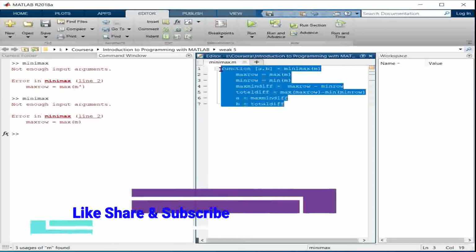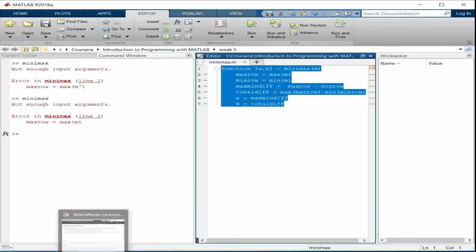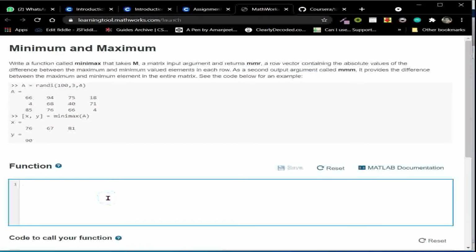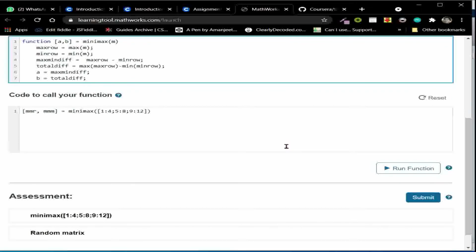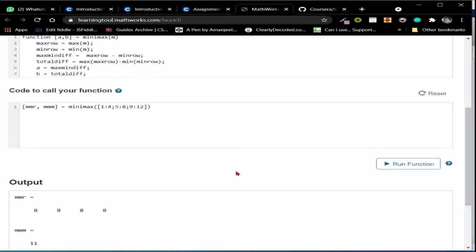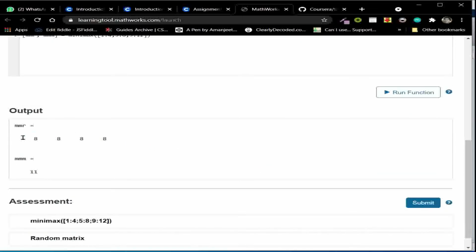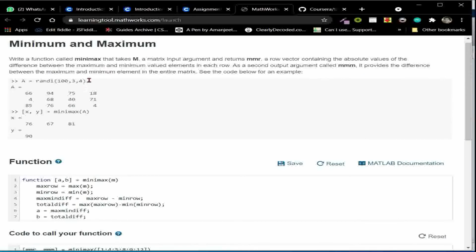Let me copy it. Okay, let me add a semicolon. Let me run it. What should it return? It should return 8 and 11. So let me first run.